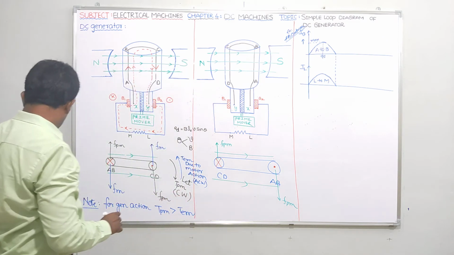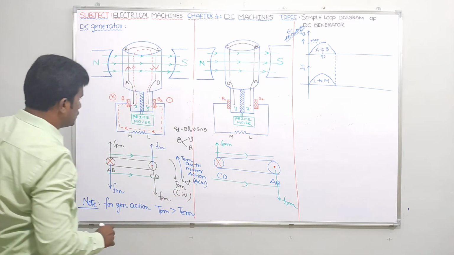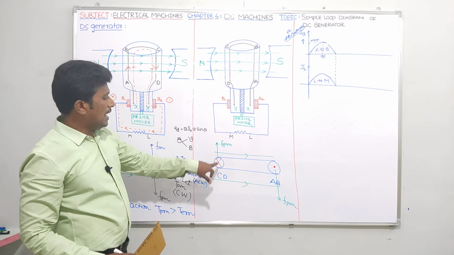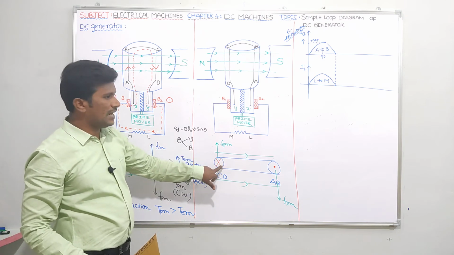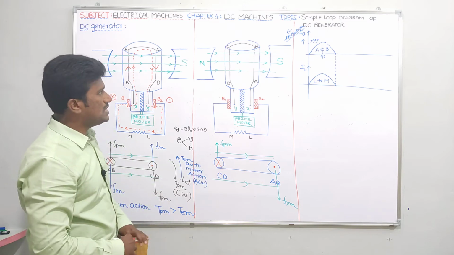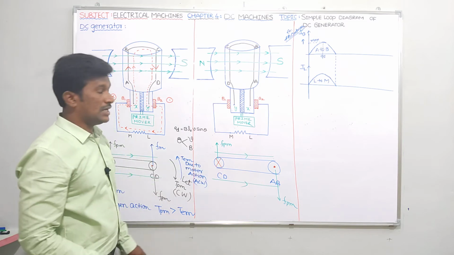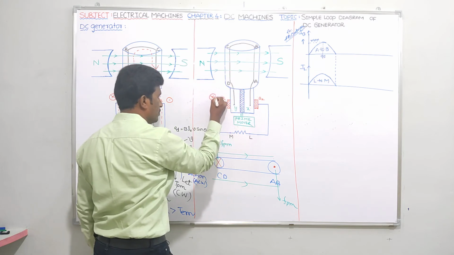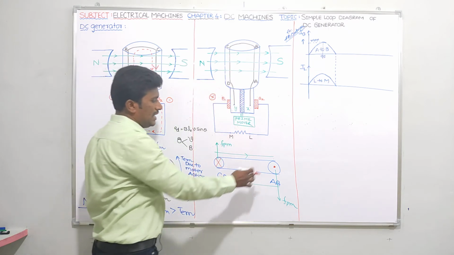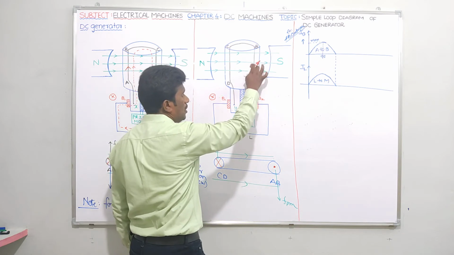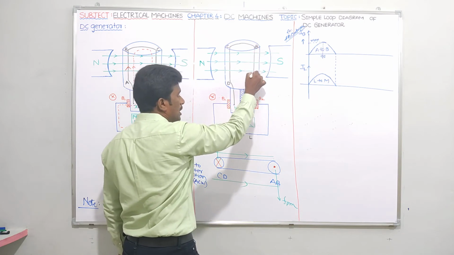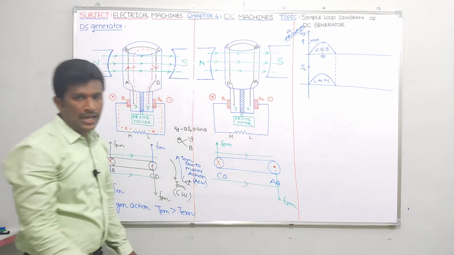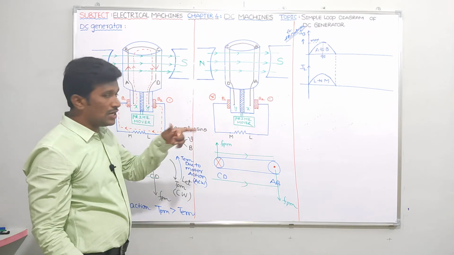So guys, now tell me, I think if you really understood the concept, then you should be able to answer now. I said at CD you are getting direction of cross. Tell me, what is the brush corresponding to CD conductor? B1. Let me show cross here. So I said at AB direction of current is dot. What is the brush corresponding to AB conductor? B2. Let me show dot here.